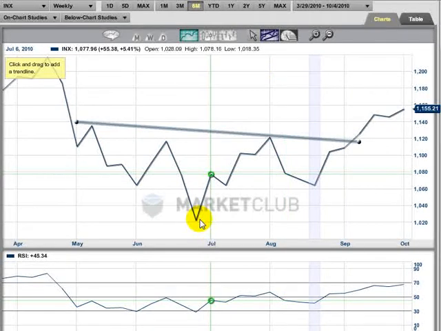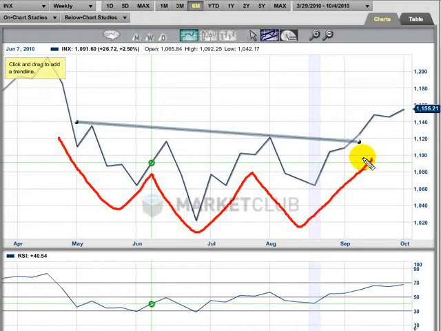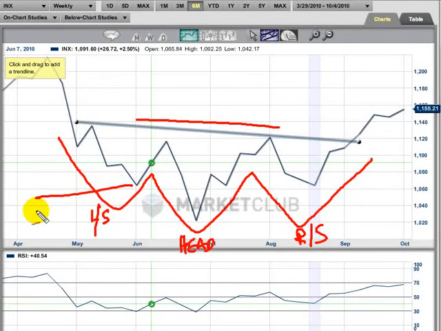Okay, and I'm also going to show you what I think this formation is, if you haven't figured it out already. Some would call this a W bottom. And some would call this a head and shoulders bottom, this being the neckline right here. So this would be the left shoulder, this would be the head, and this would be the right shoulder. And we can look at these price points here. That price point is 1064. This point here is 1064. And the very tip of the head right here is